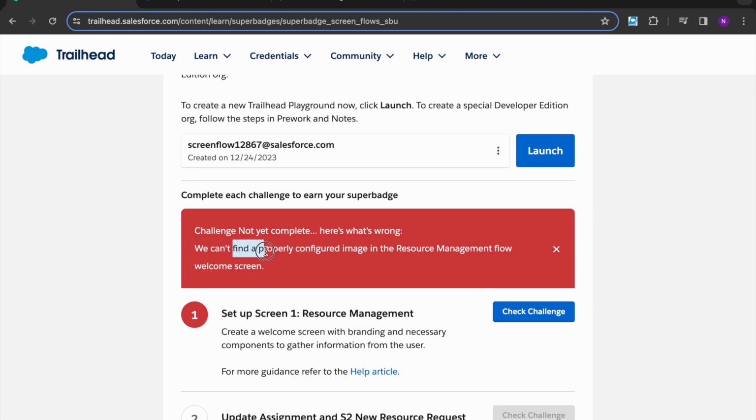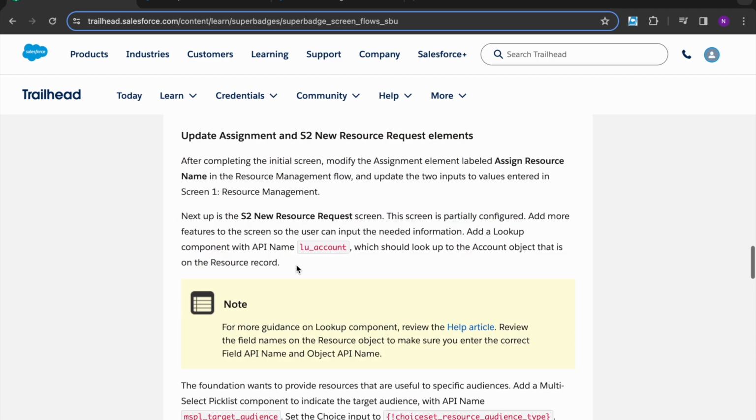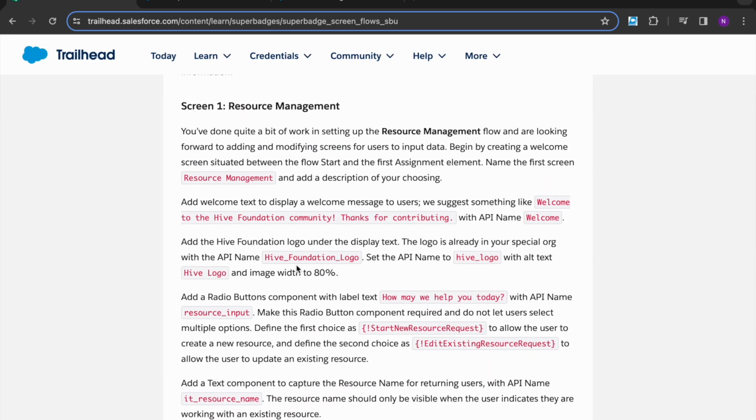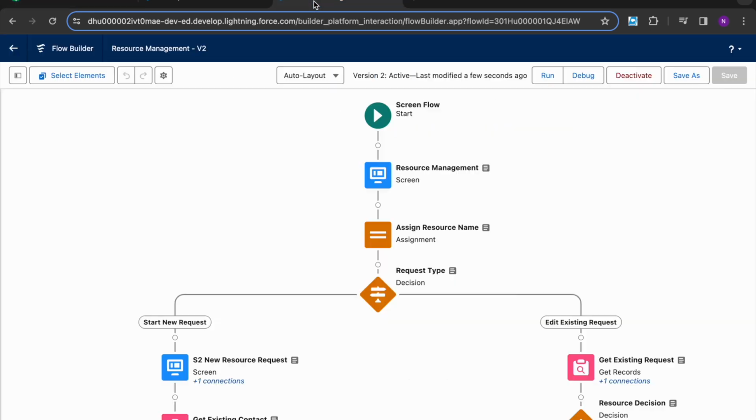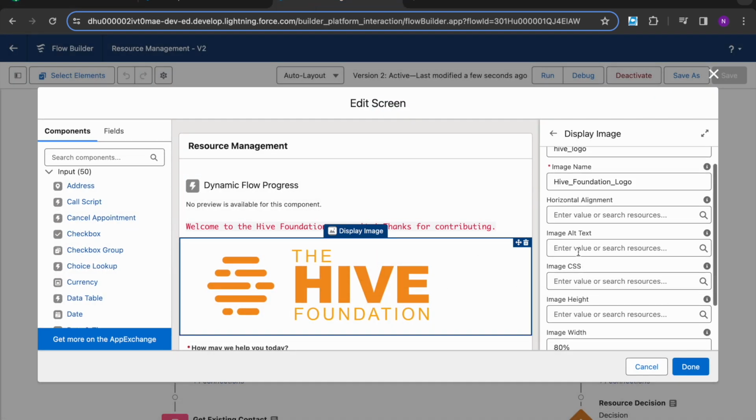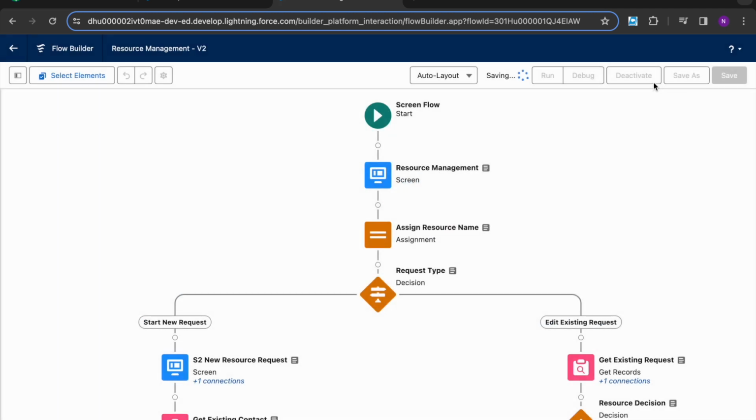Okay, so there is some problem with the image. Let's see what we have missed. Okay, so we have not entered the old text which is Hive logo. I'll open the screen again, on image, done, then again save as new version, then activate it,